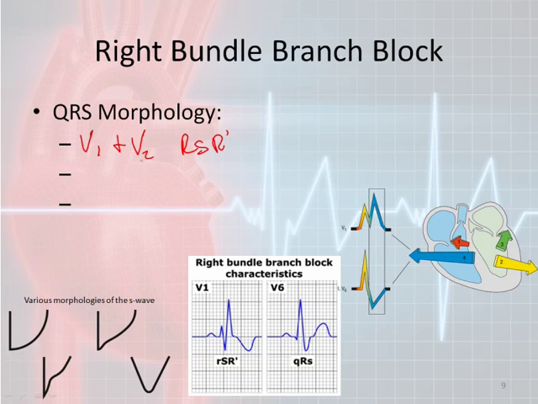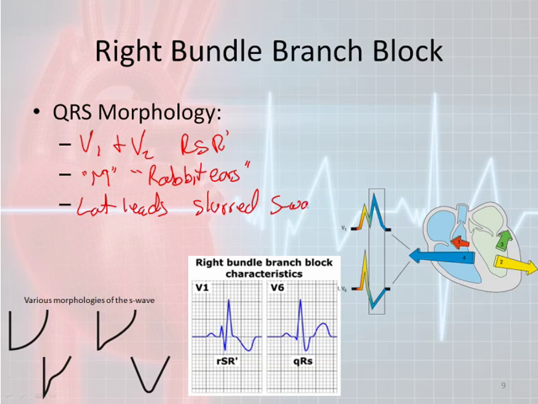A lot of times people will say what you want to look for is an M shape, or some people also refer to it as rabbit ears, that you will see in V1 or V2. What's going to happen, though, also not in just V1 or V2, but you're also going to have changes in your lateral leads. Now, in your lateral leads, what's going to happen is you're going to have something called a slurred